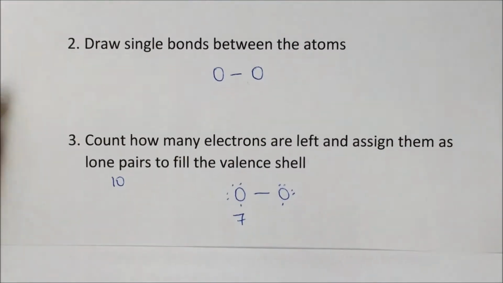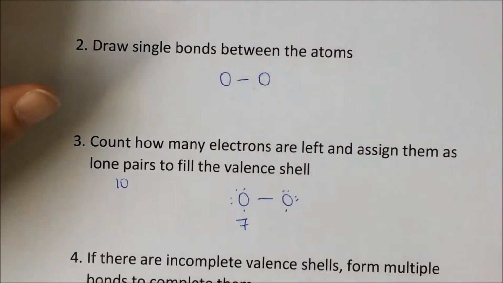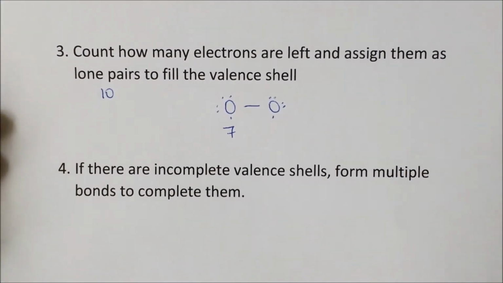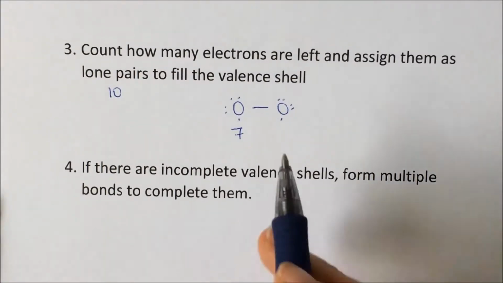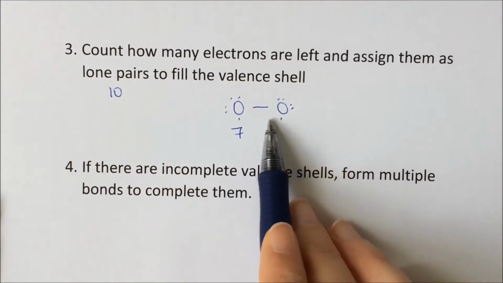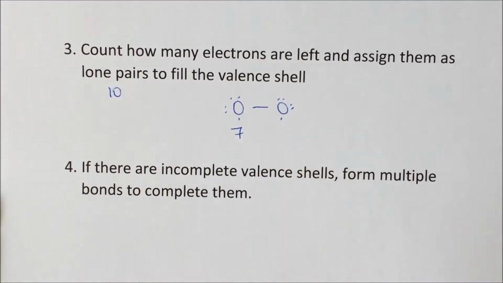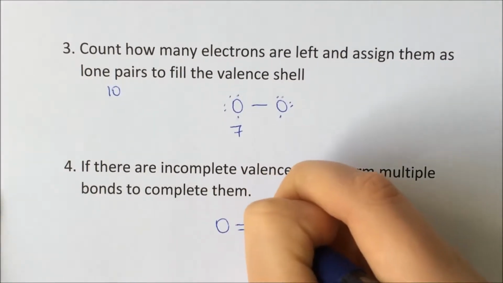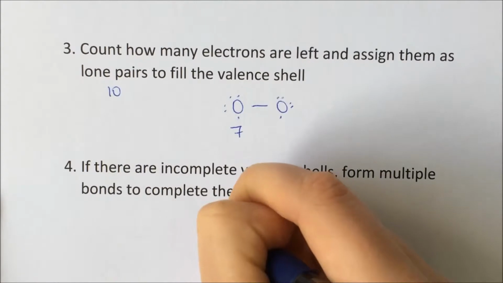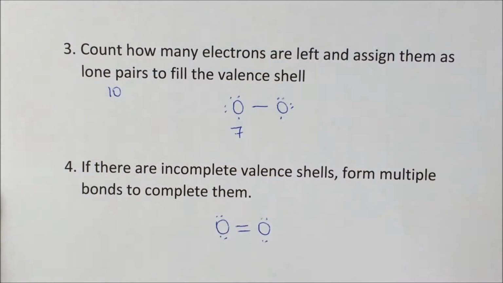So we need to go on to a fourth step in our steps for making a Lewis structure. The fourth step is, if there are incomplete valence shells, to form multiple bonds to complete these valence shells. What we can do is form a bond between these two lone electrons, and that will allow these to be shared between the oxygens. So let's make a double bond between our oxygens, assign the rest of our electrons, and